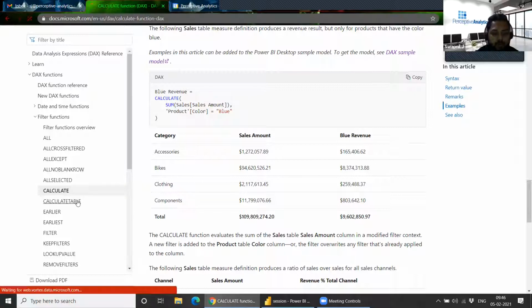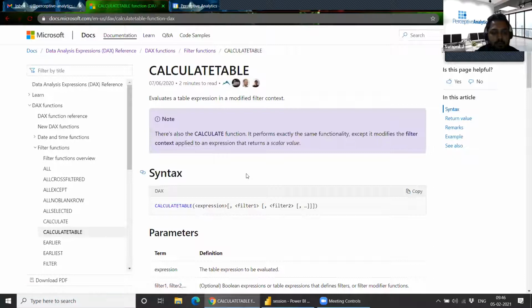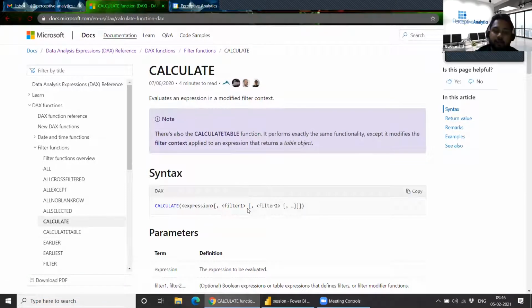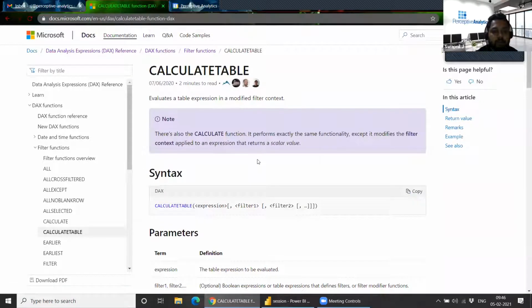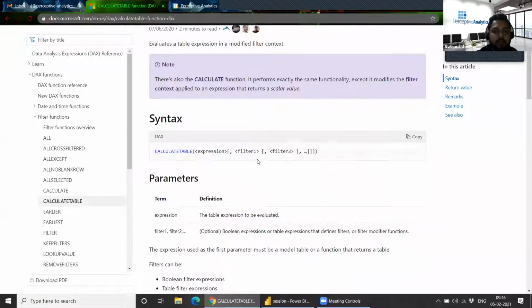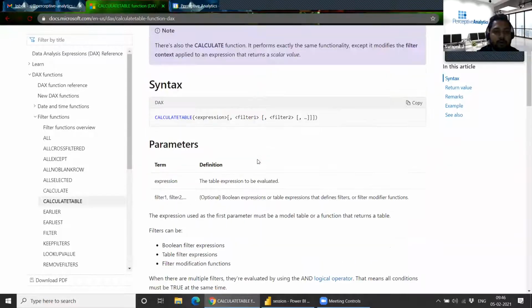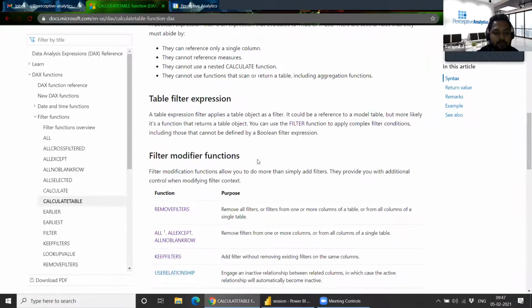Then we have calculate tables. Calculate tables is similar to calculate, but in calculate we get an output as a row or a measure, whereas in calculate table we get a completely new table. So let's say you have an existing table and you want some part of that table for your function, you can create a new table out of it with your conditions. It works something like this.